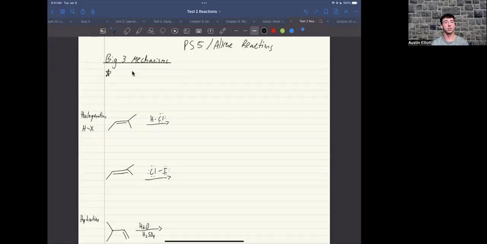So today we're going to be talking about problem set 5 and alkene reactions. The first really big thing for alkene reactions are the mechanisms that will be on test 2. For test 2, we call them the big three mechanisms, which is halogenation, hydration, and solvation. With all three of those, there's something really important for all of them, and that is that each of